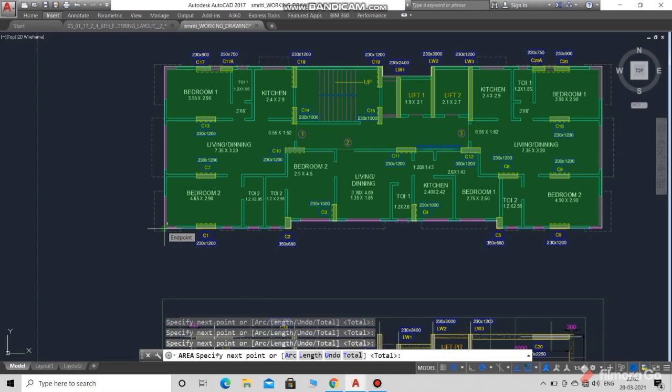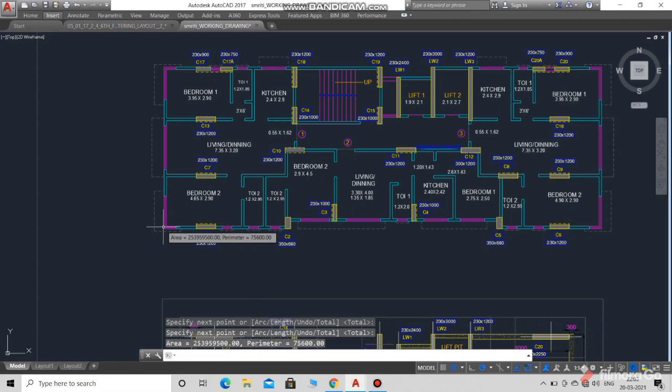So you can see here we have covered the complete drawing with the area command. So you can press enter and you can see the area on screen, 253 meter square.